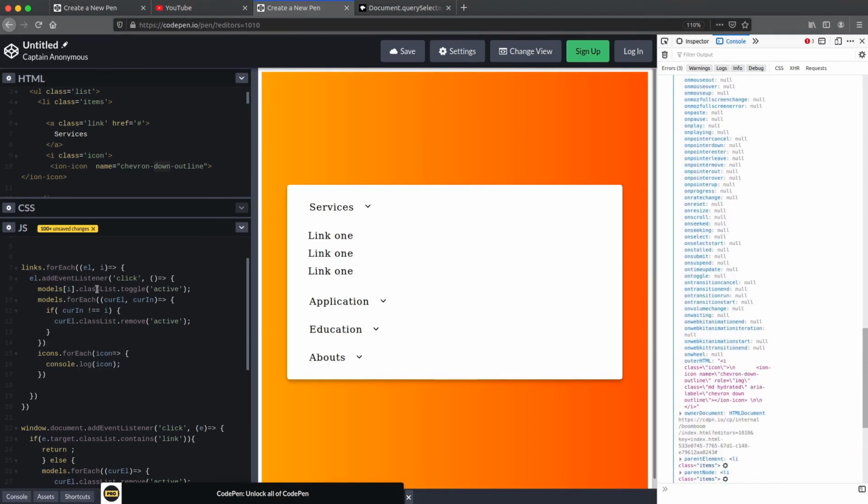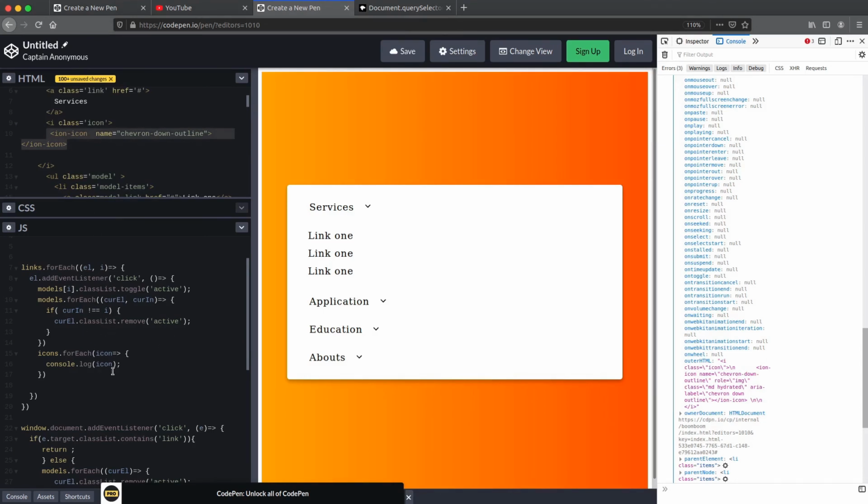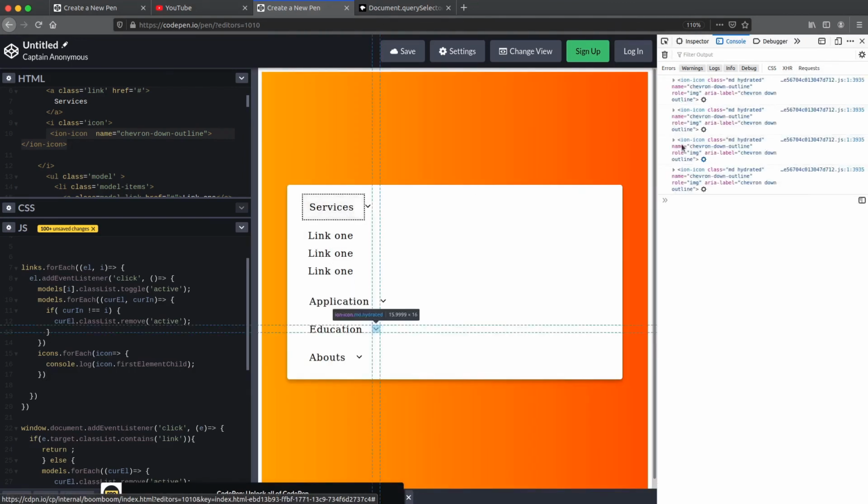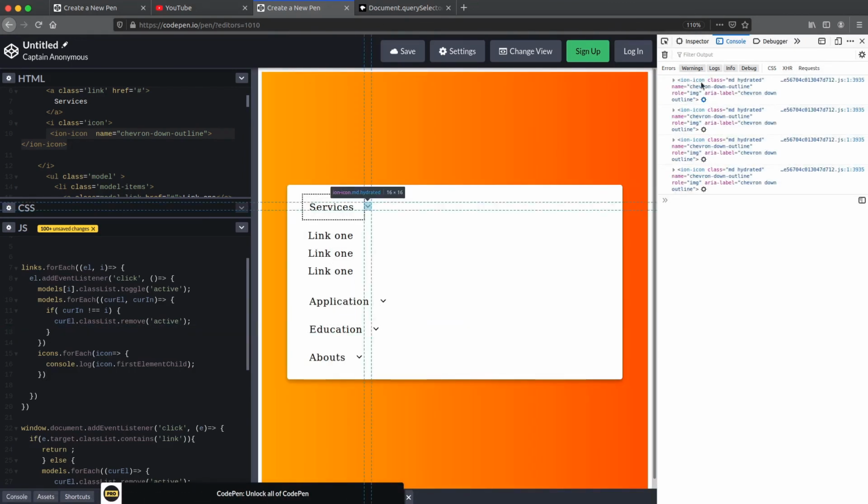So we have to go one level down, selecting the first element. We have a property that is icon.firstElementChild. Now check this out. Now it's selecting the ion-icon, what we need.